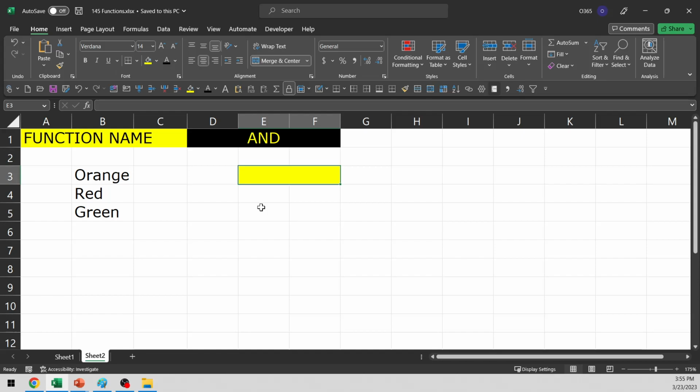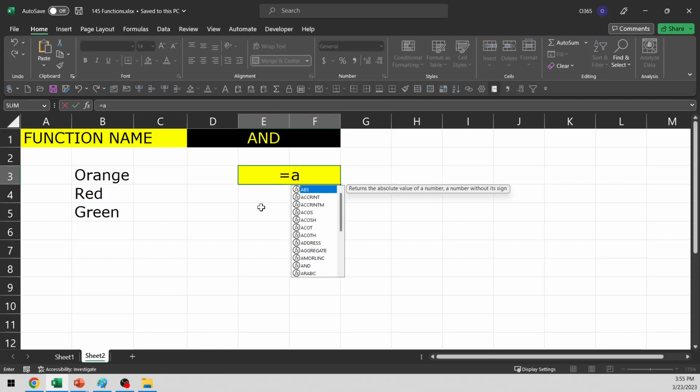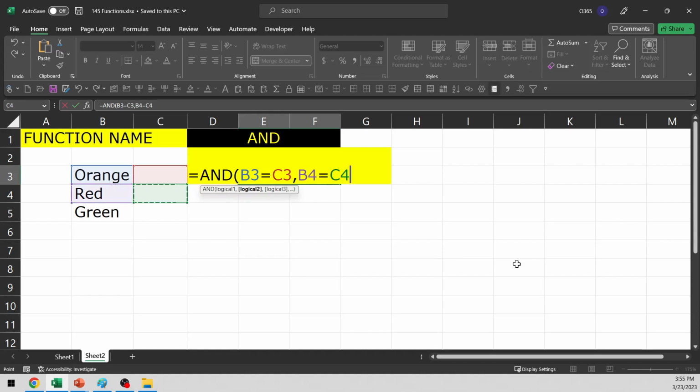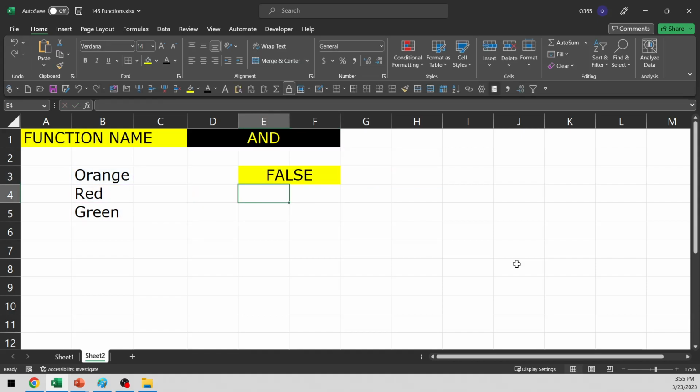Let's create a test with AND function. Is equal to AND. First logical test would be if B3 is equal to C3, comma, B4 is equal to C4. So now we are giving Excel multiple logical tests. B5 is equal to C5. So enter and we get a false because this fails, and if I copy this in C column, the